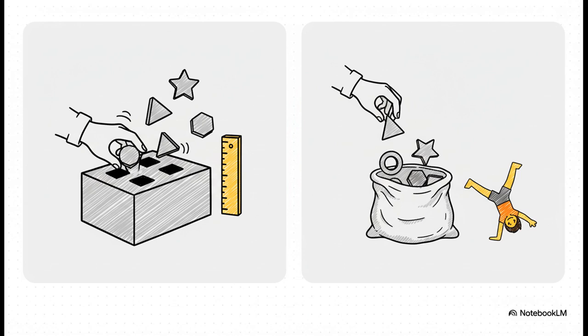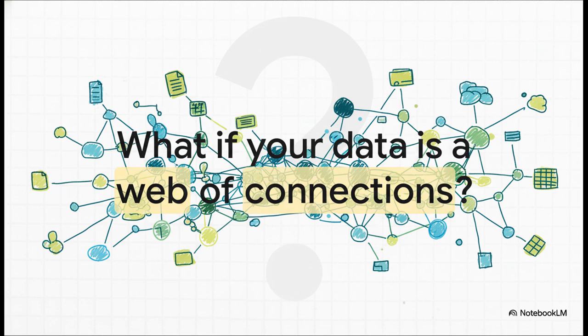Document models, on the other hand, are schema on read, which is a lot more like dynamic typing. The structure is flexible, and it's really up to the application to figure it out when it reads the data. Okay, so that's all well and good, but what happens when your data isn't a neat little document? What if it's more like a giant tangled web of connections where everything is potentially linked to everything else? Now that is a question that neither of those first two models answers perfectly, and it leads us right to